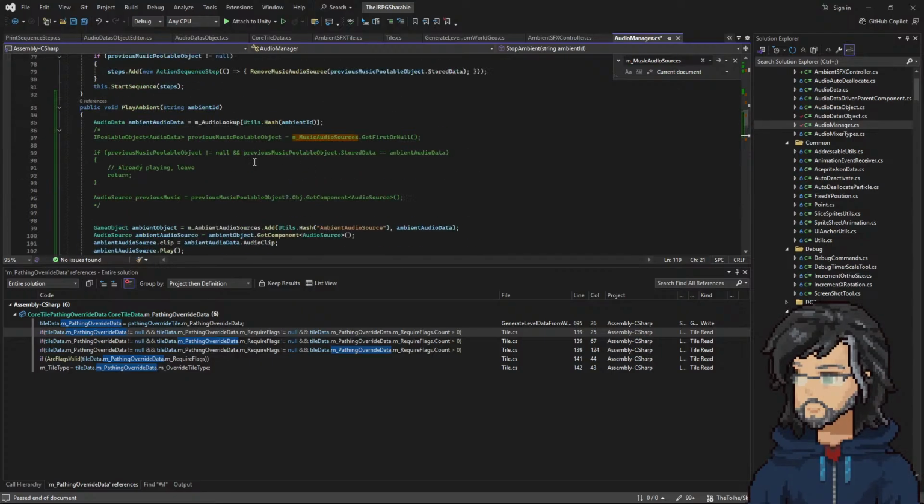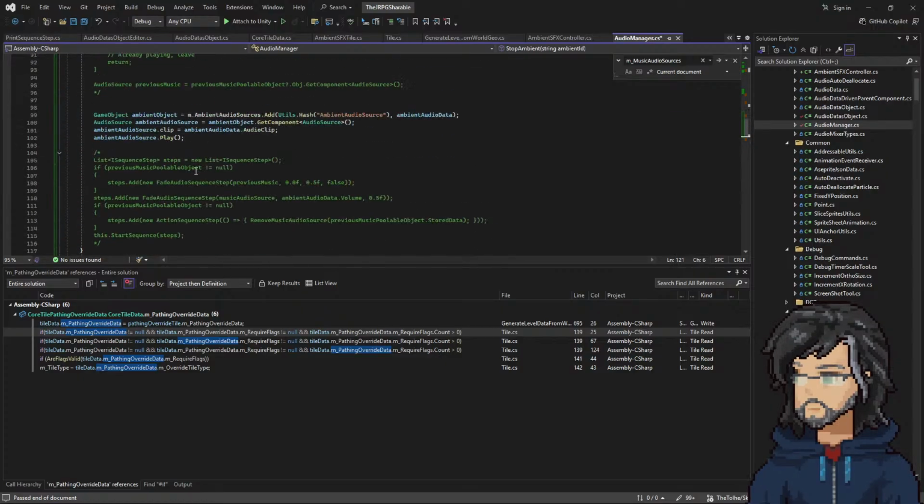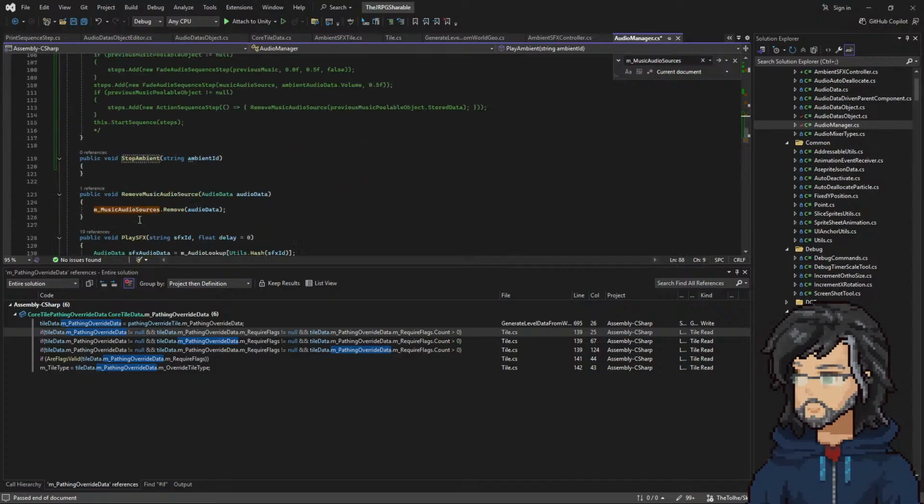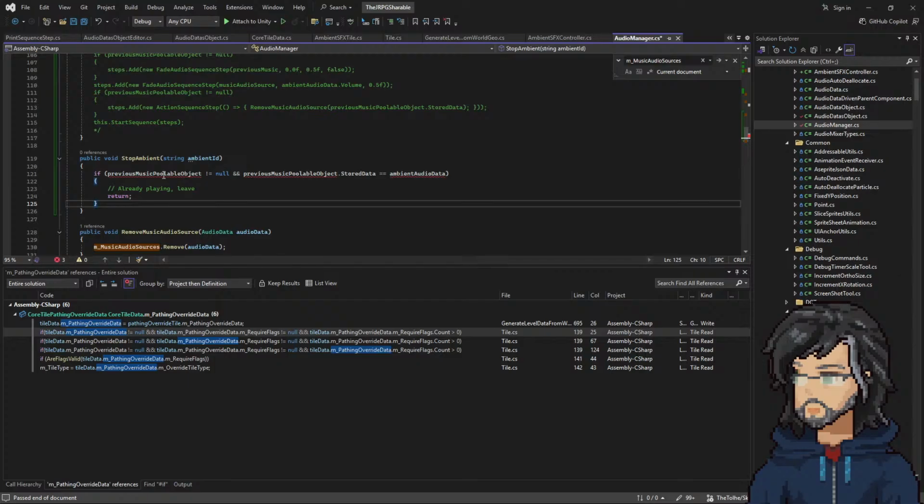Okay. And that's this part in here then. Yes. Okay, I see how this is set up. I'm on board. So what I need to do is, given an ambient audio ID, I will need to do